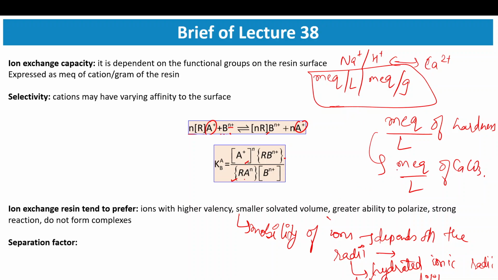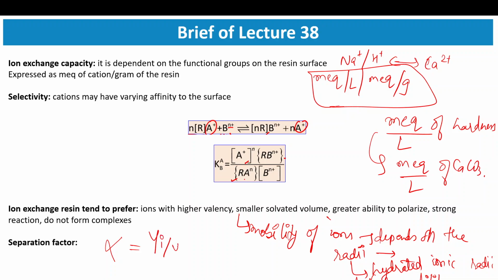Next is the ones which are easily polarizable, right? So it should be easily dissociated to ions so that it is able to interact faster. And last is the separation factor, which is expressed in terms of alpha,